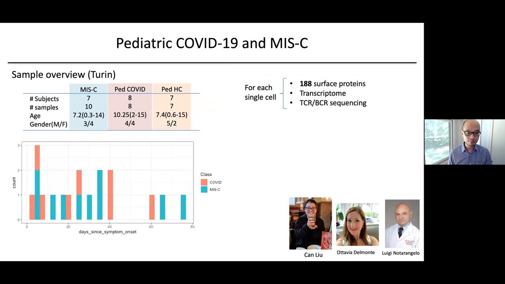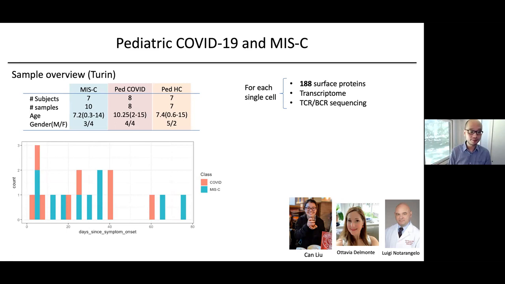This project is led by Ken Liu in the lab in collaboration with Octavia and Gigi's lab. And just a clarification here: for COVID, days since symptom onset is the more acute period, while for MIS-C, it's really days since their symptom onset post their COVID infection,